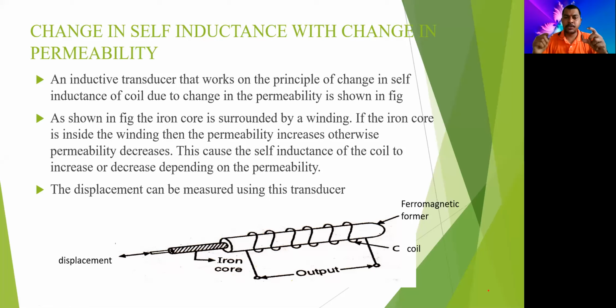अब ये मैग्नेटिक फील्ड के बीच में अगर मैंने और कोई चीज डाली, आयरन की रॉड डाला, फेराइट का रॉड डाल दिया अंदर, तो क्या कर रहा हूँ मैं? मैग्नेटिक फील्ड के लाइंस को ब्रेक या ये कर रहा हूँ, राइट. तो उसके कारण क्या होगा? उसके कारण जो करंट इंड्यूस होने वाला है, ईएमएफ इंड्यूस होने वाला है, वो कम ज्यादा हो सकता है या वेरी हो सकता है. So that particular concept is taken over here, that change in self-inductance with the change in the permeability. Permeability means actually changing the magnetic field.